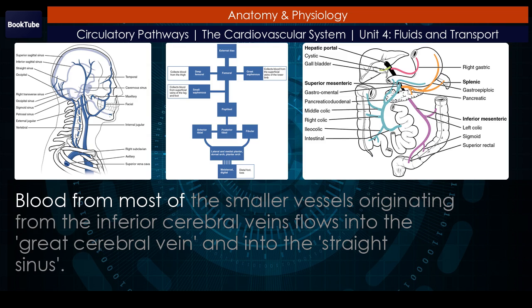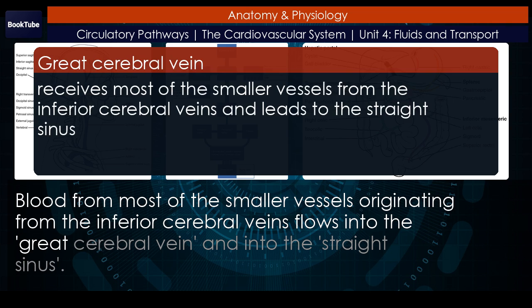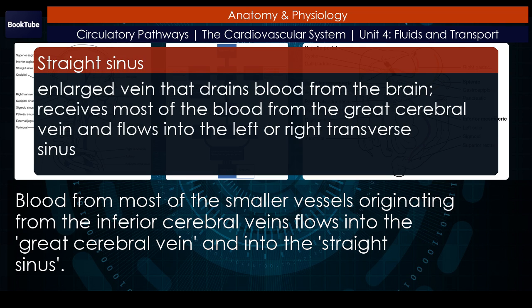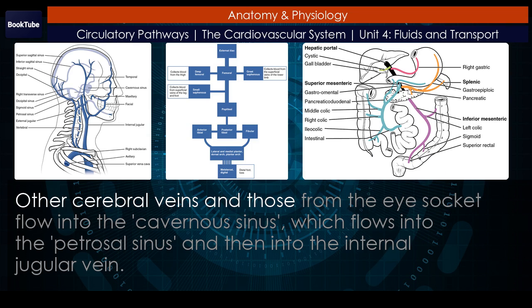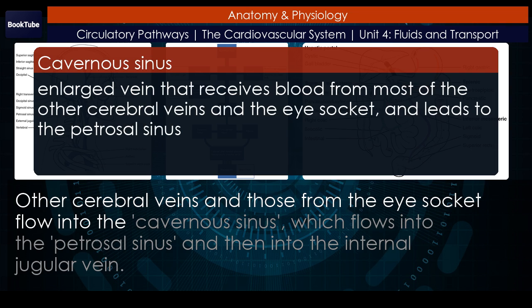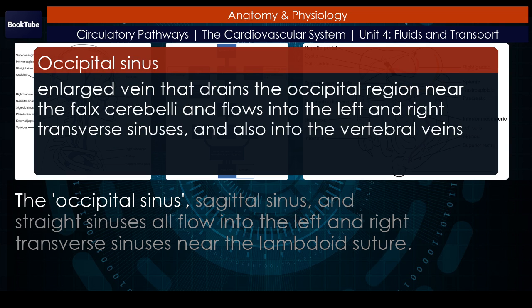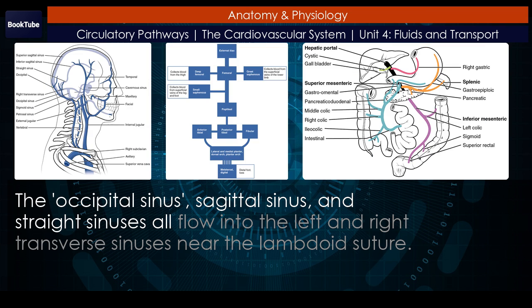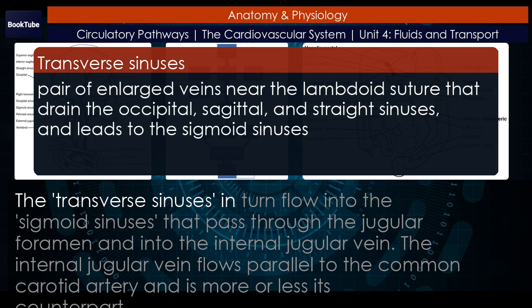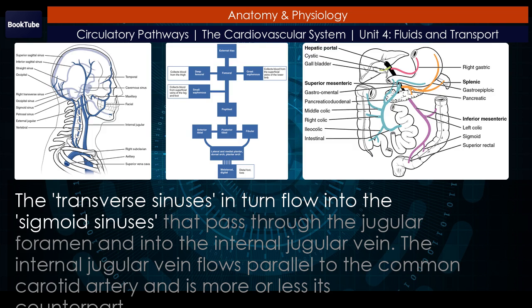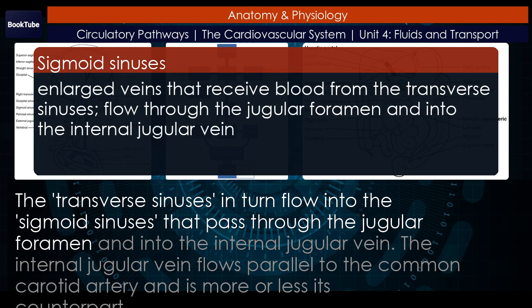Blood from most of the smaller vessels originating from the inferior cerebral veins flows into the great cerebral vein and into the straight sinus. Other cerebral veins and those from the eye socket flow into the cavernous sinus, which flows into the petrosal sinus, and then into the internal jugular vein. The occipital sinus, sagittal sinus, and straight sinuses all flow into the left and right transverse sinuses near the lambdoid suture. The transverse sinuses, in turn, flow into the sigmoid sinuses, that pass through the jugular foramen and into the